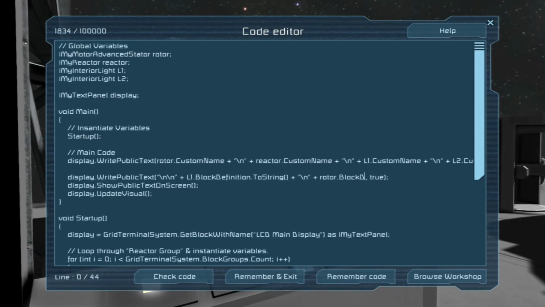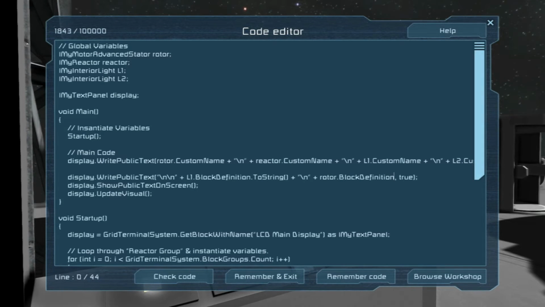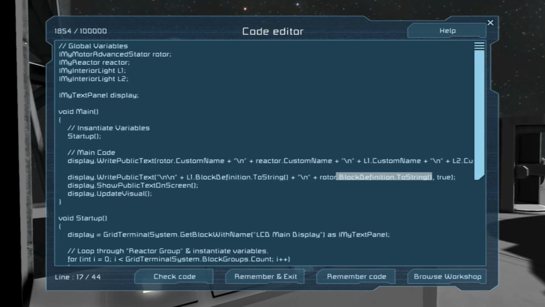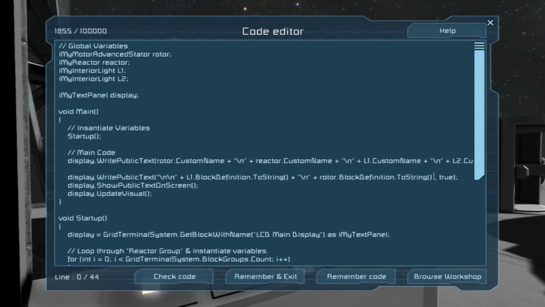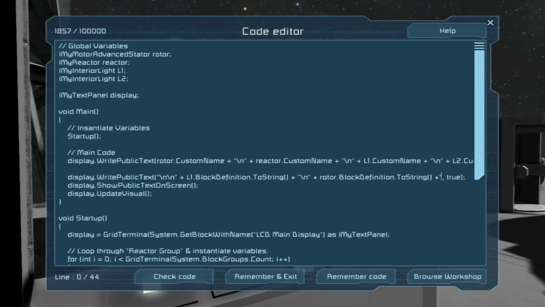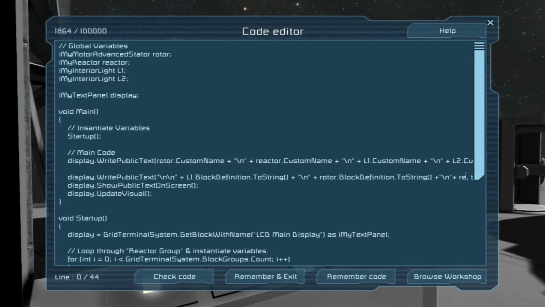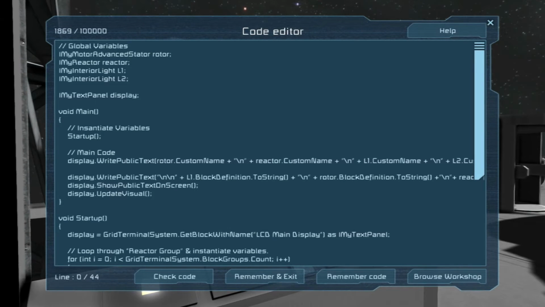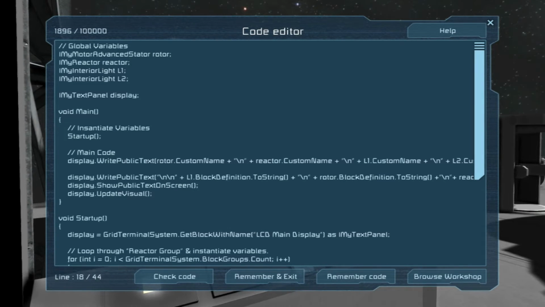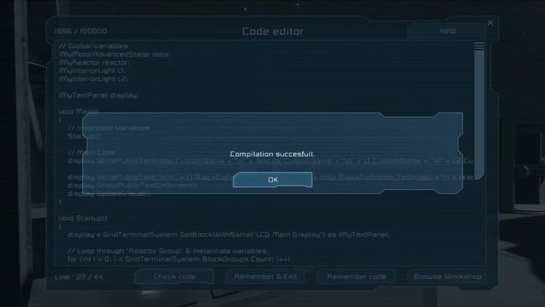Block definition dot toString, and how do I want to do this? Copy. Let's see if I've got room. I'm going to cut down on the spacing, reactor, and then I'm going to paste that in. See if that works. Awesome.